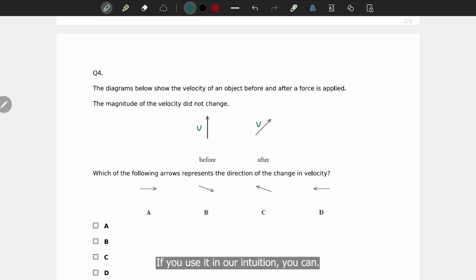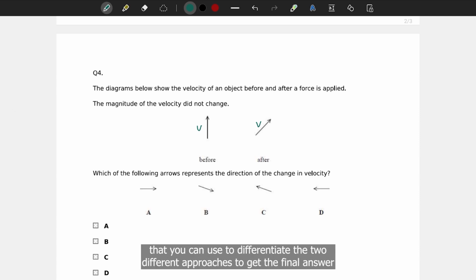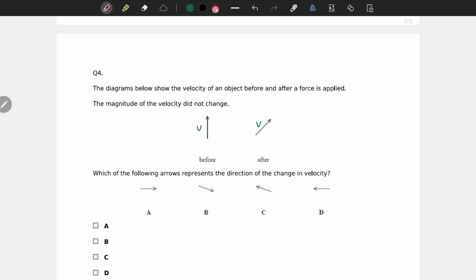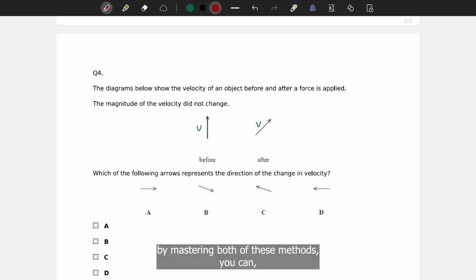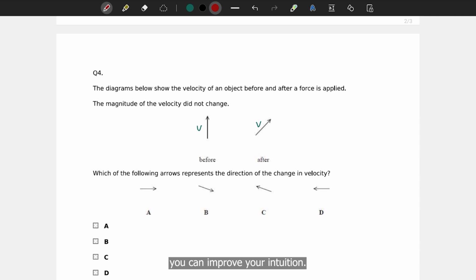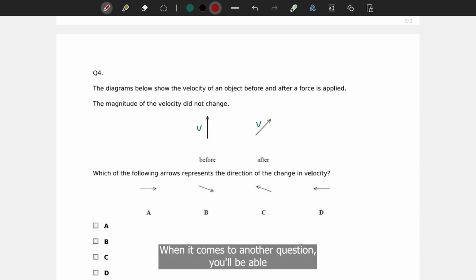Right, now if you use your inner intuition, that's the very first method actually, guys. You can use 2 different methods, 2 different approaches to get the final answer. I'm going to teach you both of these methods, as both of these methods will help you in 2 different ways. By mastering both of these methods you can improve your inner intuition. When it comes to another question, you'll be able to confidently answer these sort of questions, right? So I'm going to use the very first method, which is quite easy,